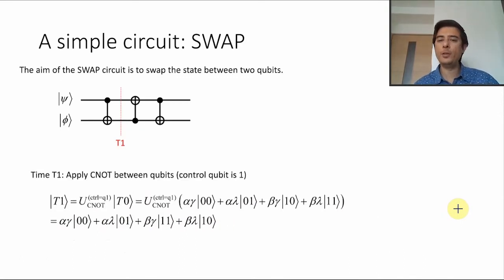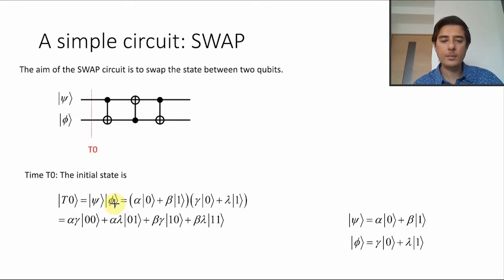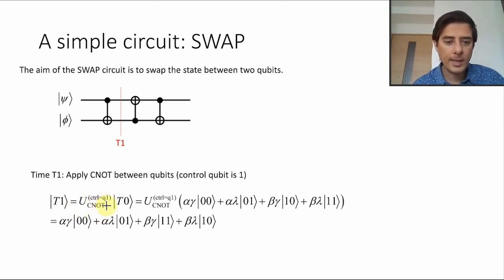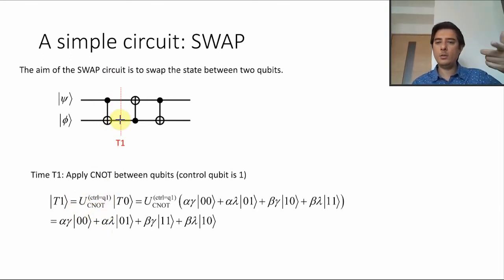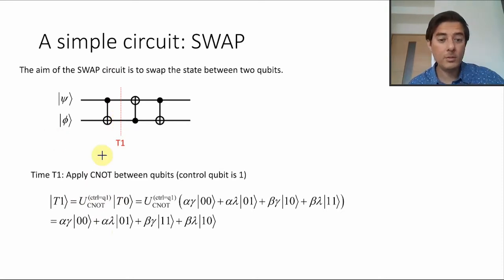So let's apply our first C0 to this. I take my state here, which I'm calling T1, so time T1 if you like. Our state T1 is the state where I've taken my state at T0, that's my initial state, and applied my C0 gate. The C0 gate is not totally symmetrical, so you need to actually specify which one is the control qubit. Remember, the control qubit is the one with the black dot,